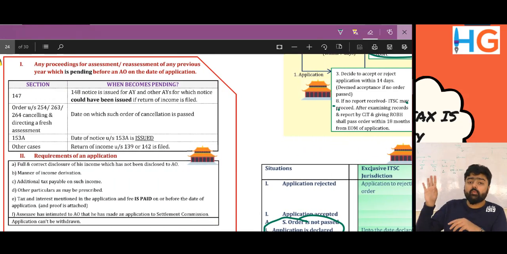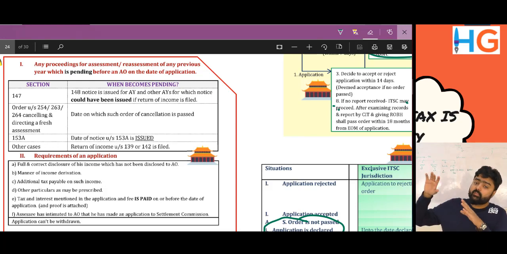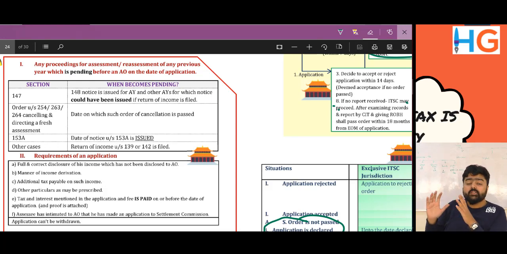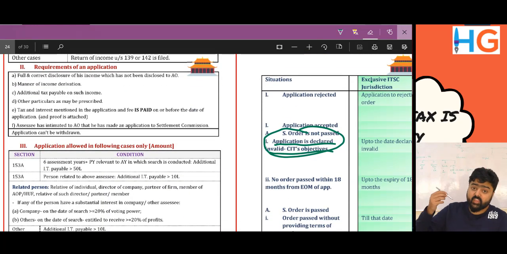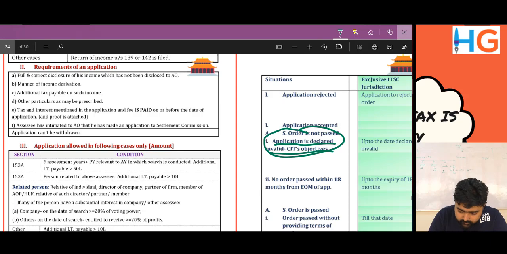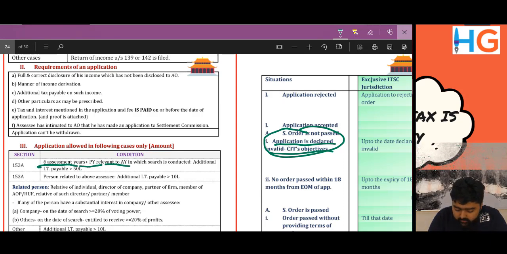That's it. Now, just to add the final point to this chapter, is this a temple where me and you can go? No, this is a golden temple. Only rich thieves can go in this temple, who have evaded tax of 50 lakhs and 10 lakhs. Six assessment years plus the previous year relevant to the AY in which the search is conducted, additional income tax payable.